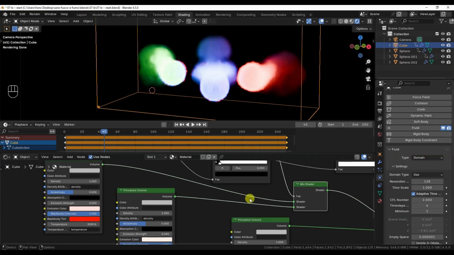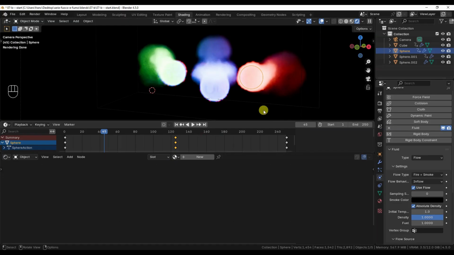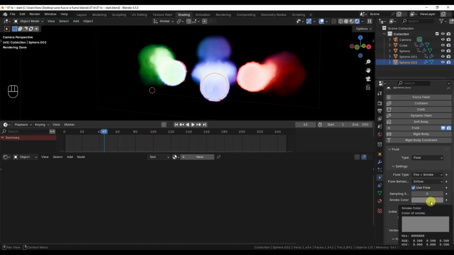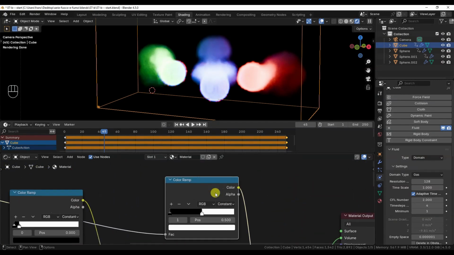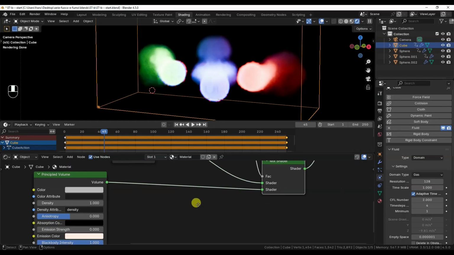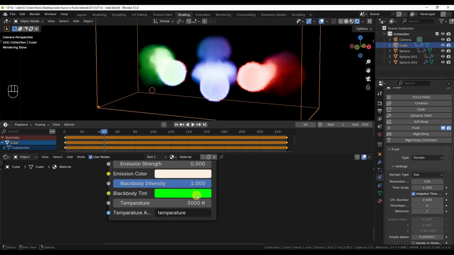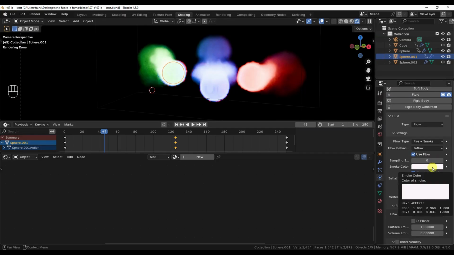That shader was the result of the earlier distinction between black and gray, so the final color will be either red or blue. If instead the smoke color is between gray and white, then the second shader input of the second mix shader is used. This input is connected to a principal volume node with a green blackbody tint. So the object with white as its smoke color will be rendered in green.